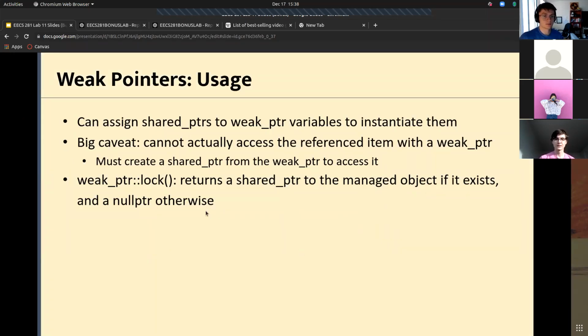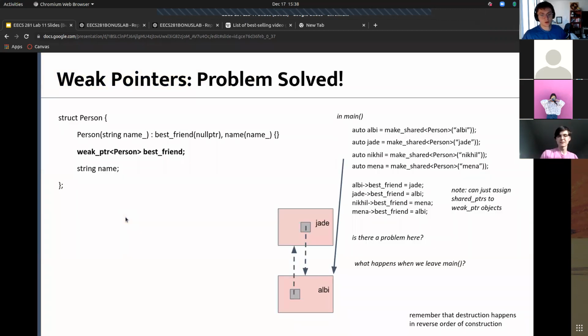Another yellow slide. You can assign shared pointers to weak pointer variables to instantiate them. The big caveat is that you can't actually access the referenced item with a weak pointer. So in our previous example, at this point, Albie still has a weak pointer pointing to Jade, but it's just pointing to Jade's manager object, and the manager object will be able to tell this weak pointer that the object itself no longer exists. The way that actually works